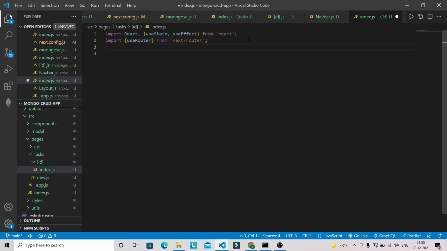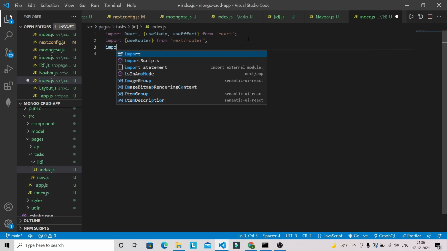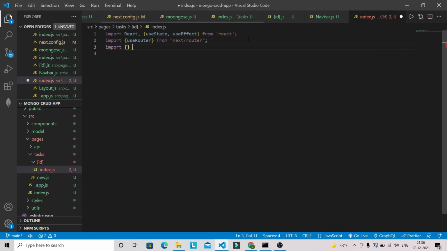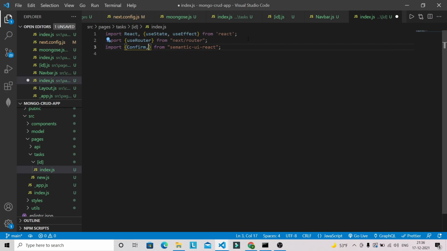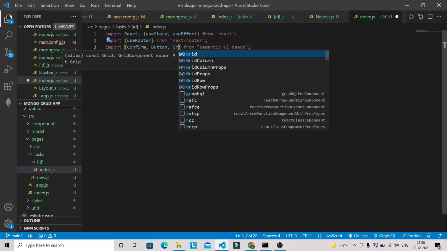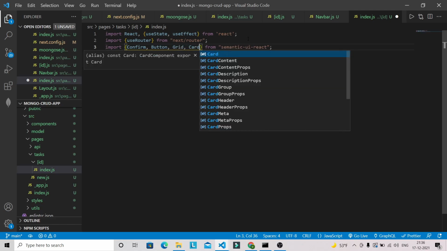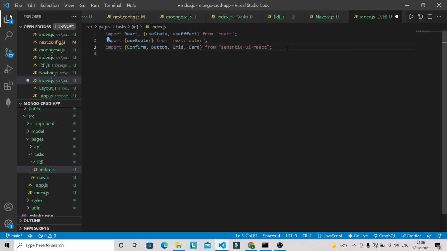After that we need some components from Semantic UI. The components required are Confirm, Button, Grid and Card. Okay, and we also need to bring Error from next.